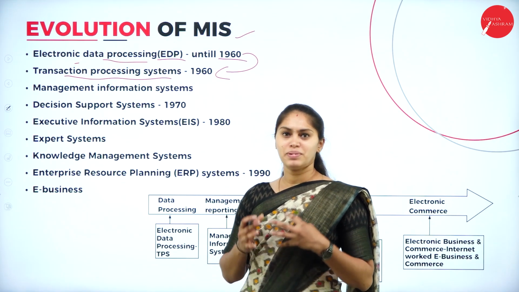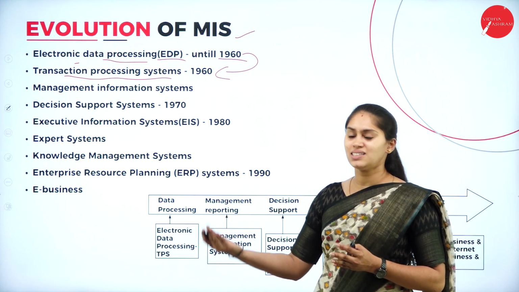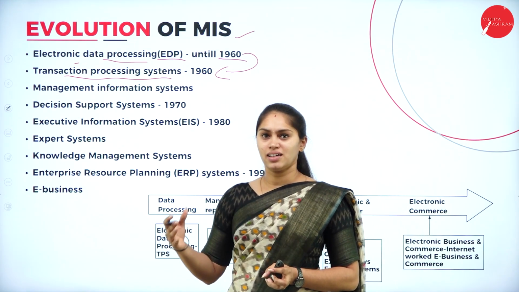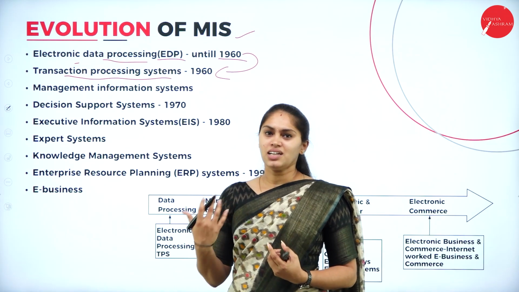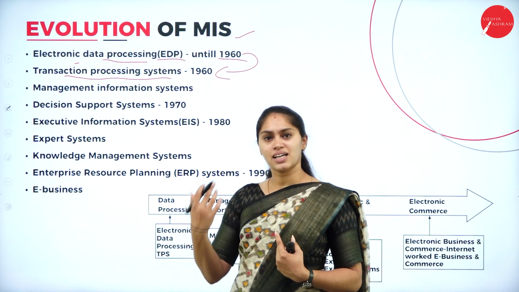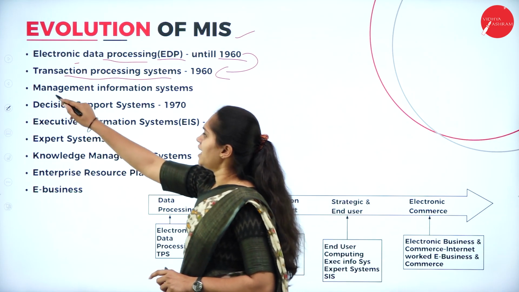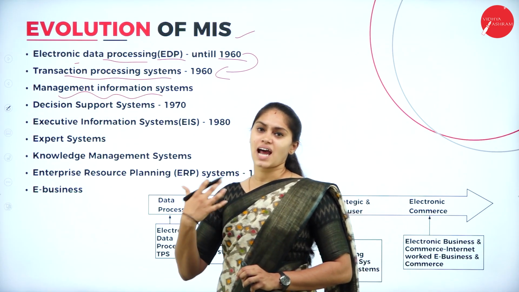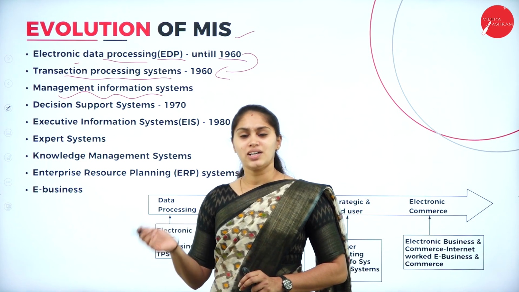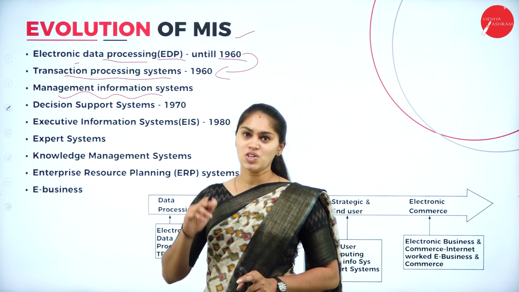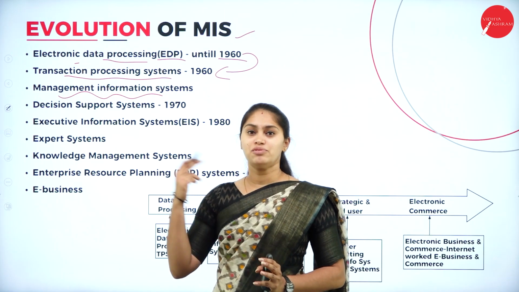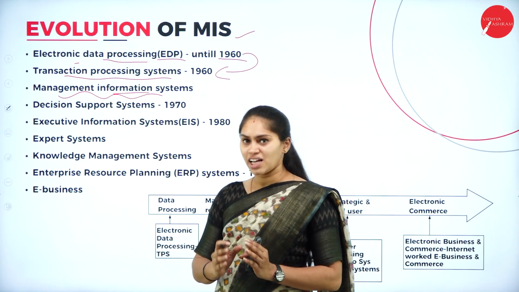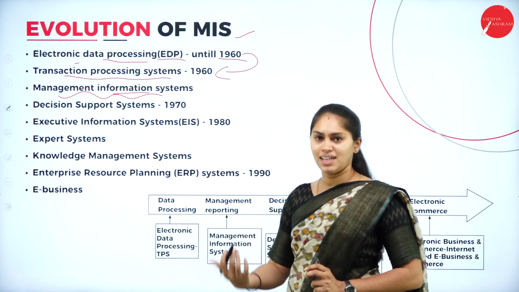So experts thought that the things we are storing in books and pen, and everything we are managing with that system, is not so efficient. Then they came up with a new technology called MIS, that is Management Information System. They started using computers to store the data and information currently needed for decision making. That is how the evolution of management information system takes place.